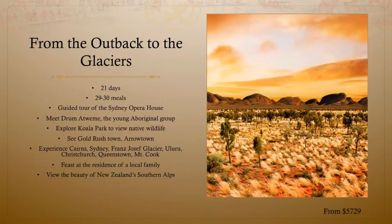Let us continue with their From the Outback to the Glaciers tour. This tour lasts 21 days and includes 29 to 30 meals. Ideal for those with a little less vacation time available, but still wanting to explore a wide range of areas of culture. This journey is one of extremes, from the wild, arid savanna of the outback to the icy beauty of the glaciers, the cosmopolitan experience of the Sydney Opera House, to meeting the young Aboriginal group Drum Atwimi,